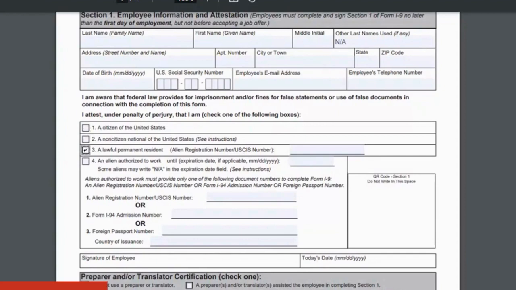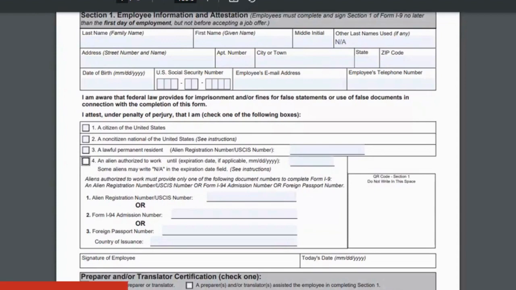And third, lawful permanent resident, they would choose Section 3, if applicable, and then enter the alien registration number or the USCIS number. Or if they're an alien authorized to work, they would enter this information.